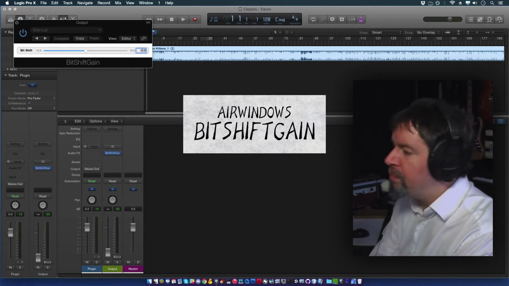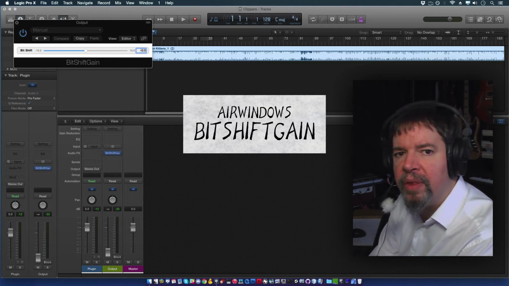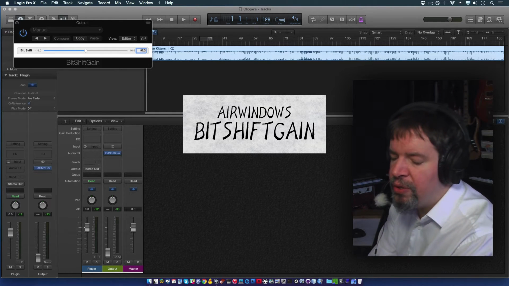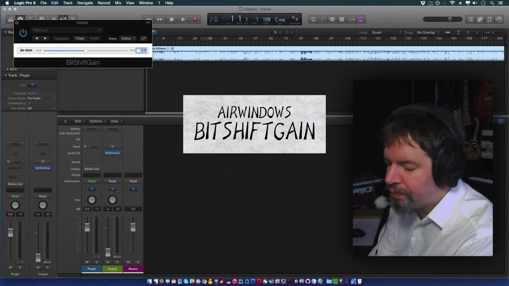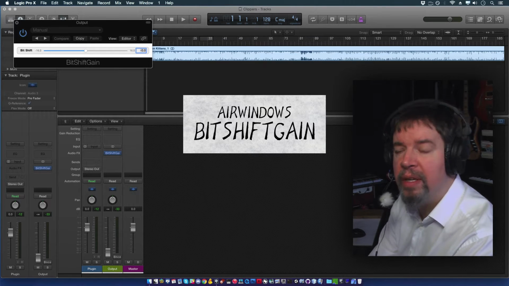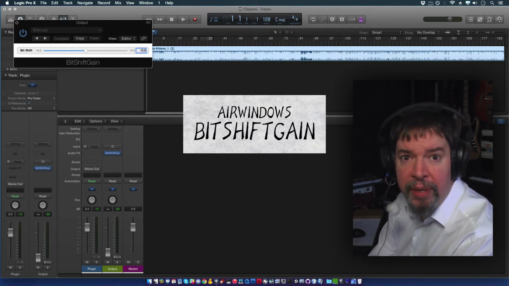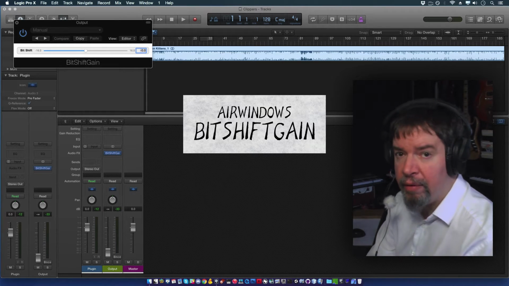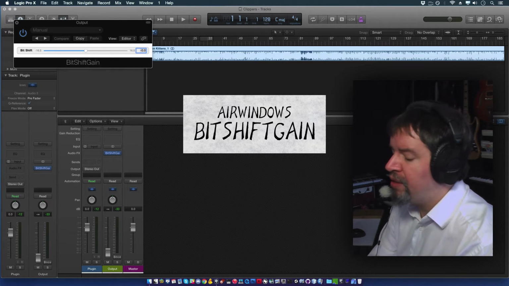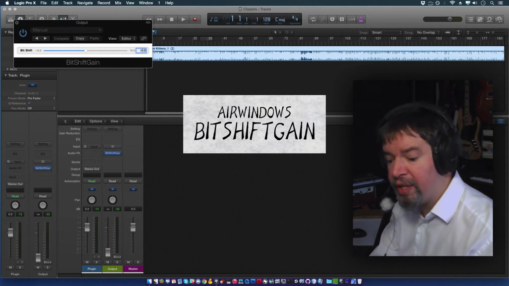So essentially, BitShiftGain is a perfect gain change. It doesn't even do noise shaping or anything like that, doesn't do any sort of dithering or whatever, because it doesn't have to. When you do BitShiftGain at this exact 6 dB increments, and again, remember, I'm punching in the figures on this exactly to make sure that it comes as close as conceivably possible. Because one thing that you got to bear in mind,